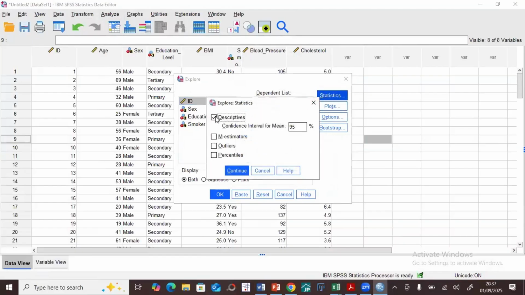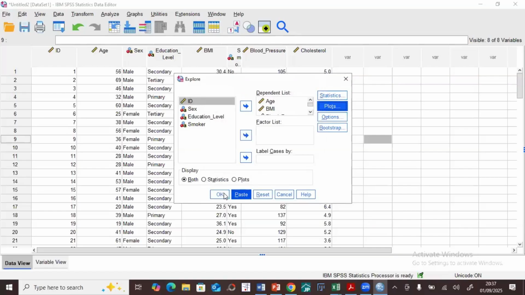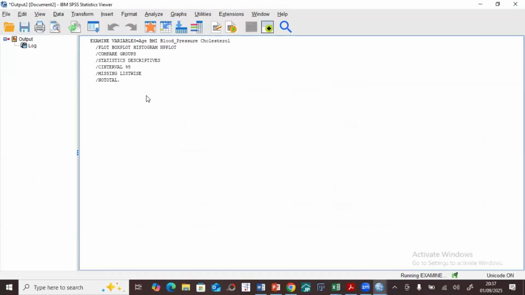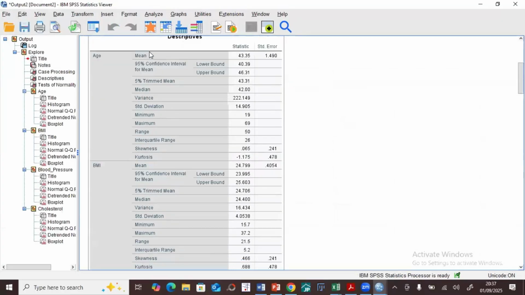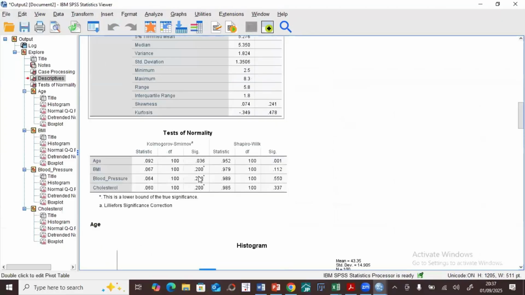Under statistics, of course, they've auto-ticked descriptives. And under plots, make sure to check normality and histogram. So this one is useful for continuous data, and it will give you all the descriptives for each, including